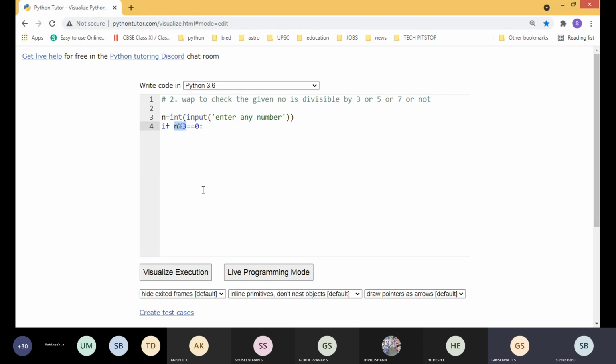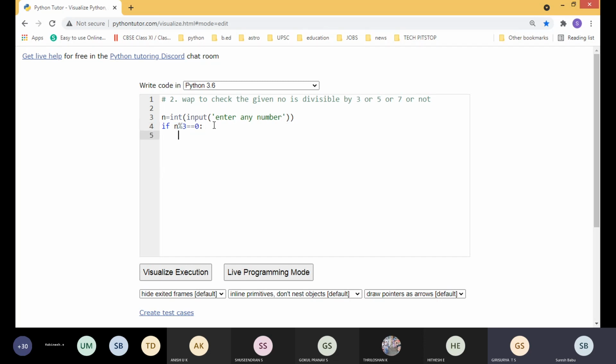What is the modulo operator? What actually it returns? It shows the remainder value. Okay, very good. So if the particular value is exactly divisible by 3, you will get the remainder 0. Then that remainder is compared with 0. If true, we can easily say the number is divisible by 3.